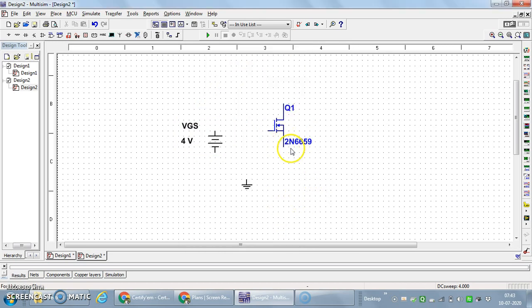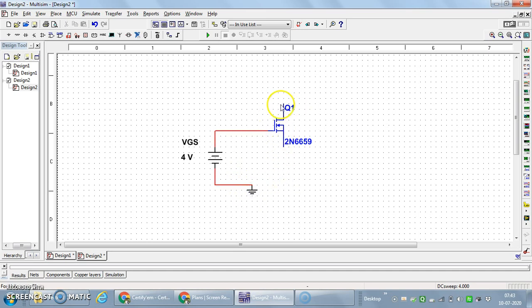Now we want to join all these components. When we are joining these components, as soon as you go to the ends of these components, the cursor changes to such a notation. It indicates we can make the wire connection from this point. Now I will drag it to this point, and where I want the turn, I just click and it will make the turn. So join here, join to this end. Similarly, from the negative potential of the battery, I want to make the connection with the ground. Do the connections here. You can easily drag it and change the location.